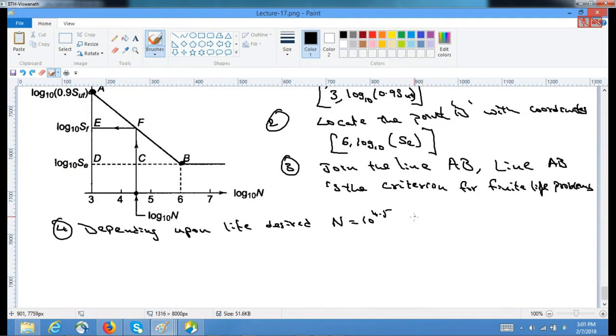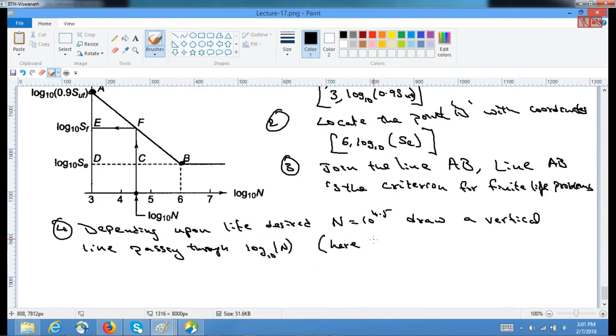So draw a vertical line passing through log 10 of n. In this case, log 10 of 10 to the power 4.5 is equal to 4.5. So at 4.5, draw a